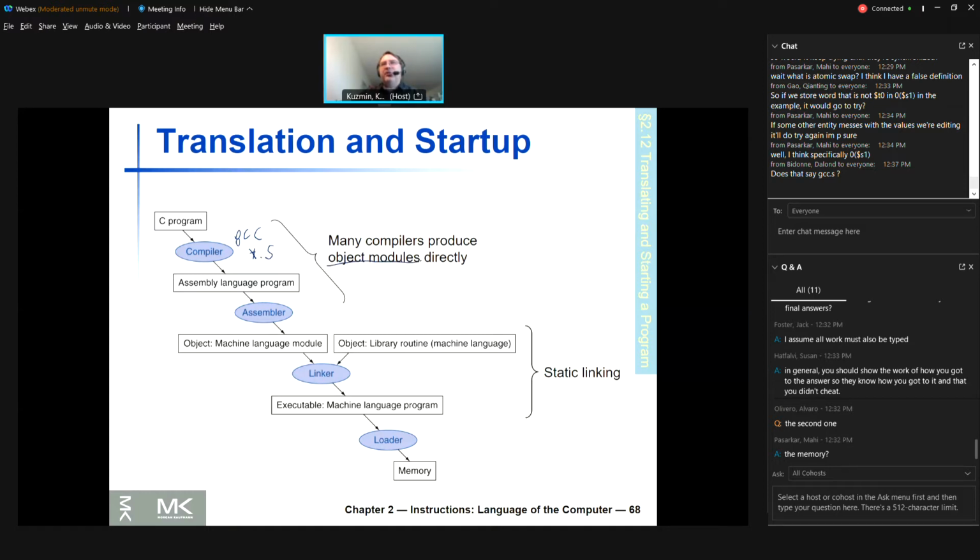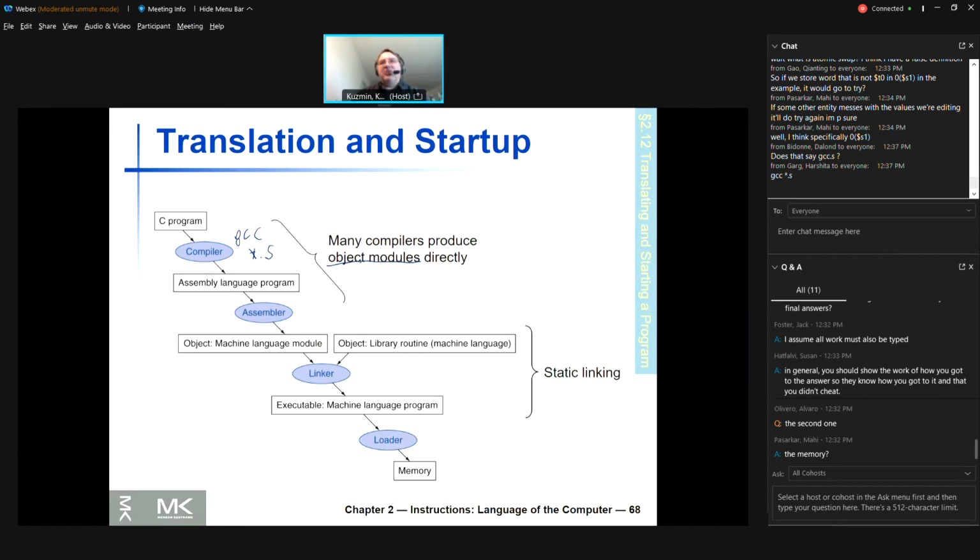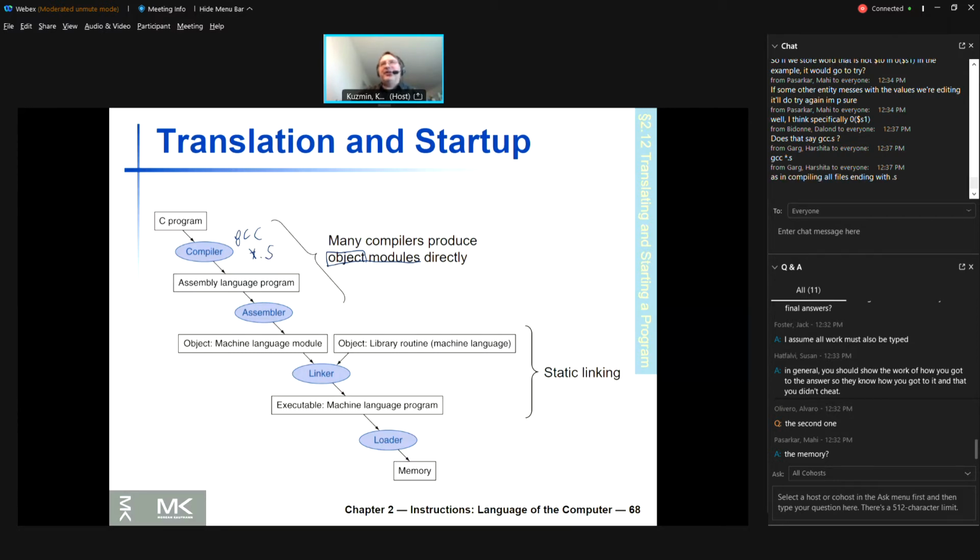So please note this term may sound misleading, because this object has nothing to do with object-oriented, right? The term object module predates the object-oriented paradigm by a few decades. So it's object because it is binary. It's no longer text. Okay,